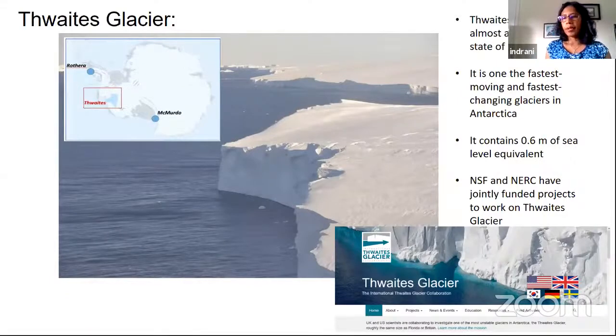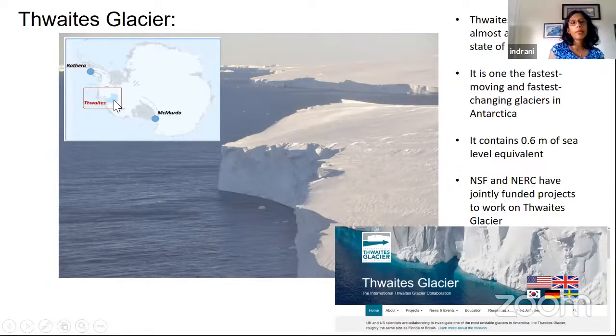Okay, so this is almost the last part, and as promised, we'll talk about Thwaites Glacier. This is one of the photographs from the field. This is the calving front, the ice front of Thwaites Glacier. It's a very beautiful photograph. And this is where Thwaites is located. I've been introducing Thwaites throughout the talk, but here you can see how big it is compared to all of Antarctica. This is really big. Thwaites Glacier is almost as large as the state of Florida.